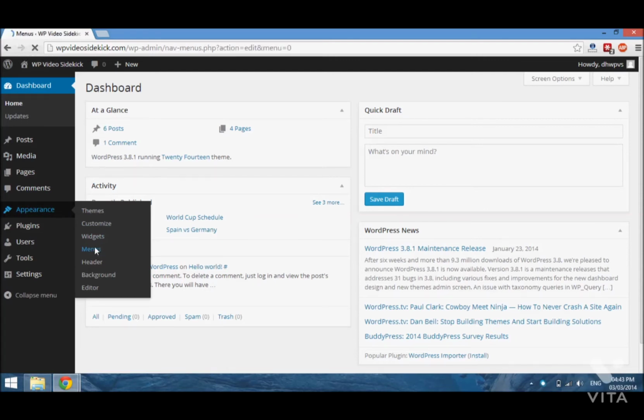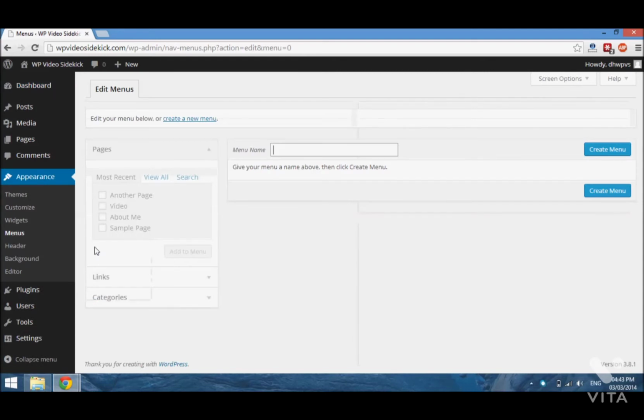And just one thing to note, that depending on the theme that you are using, this menu may be slightly different. You may see additional options, you may see multiple areas for menus. It really does depend, but no matter the theme, the concept is pretty much the same. Okay, so